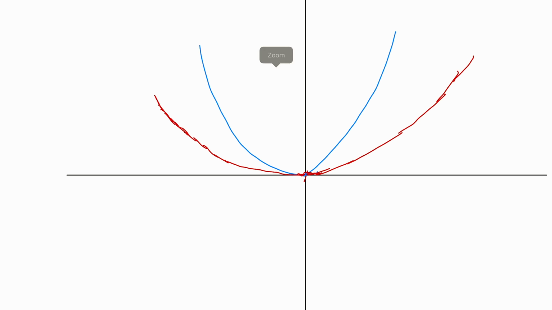So if we define this as f of x is equal to x squared, and this g of x is equal to half x squared, then if we take an arbitrary point on the graph,